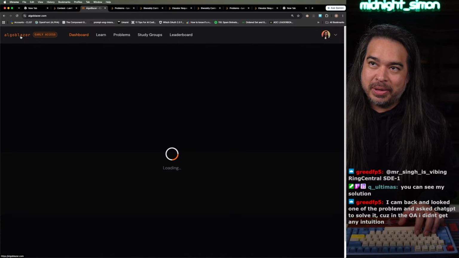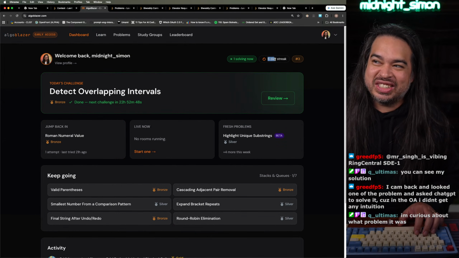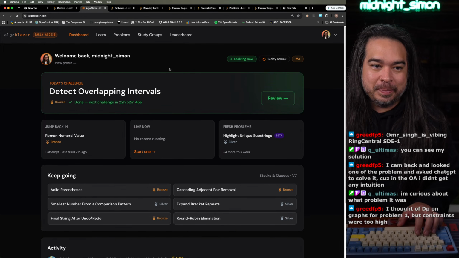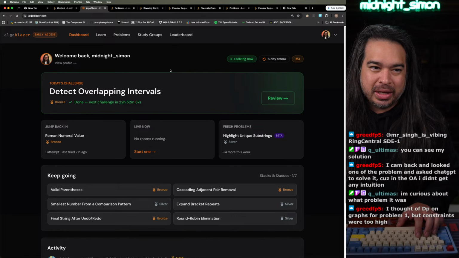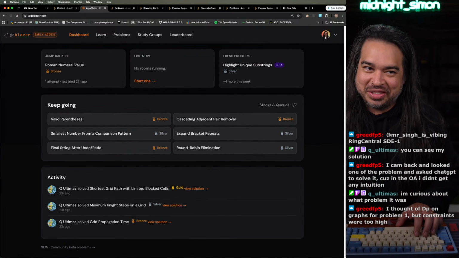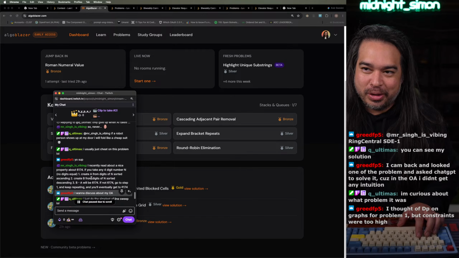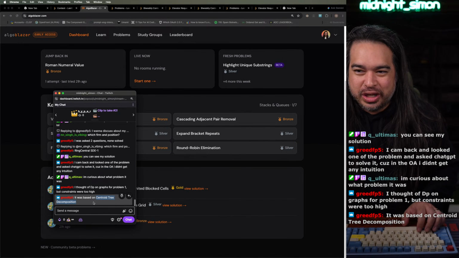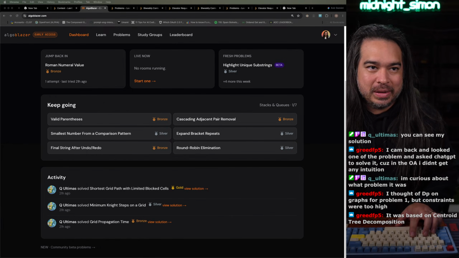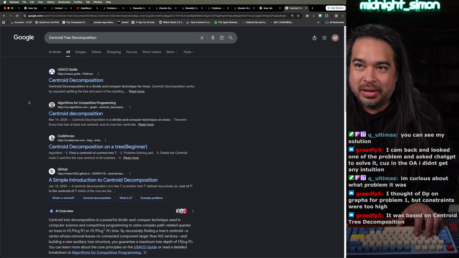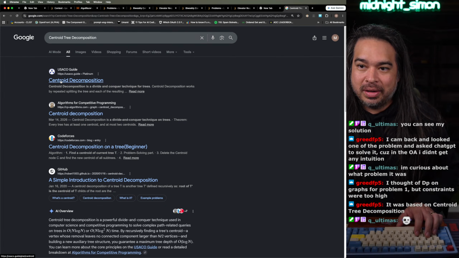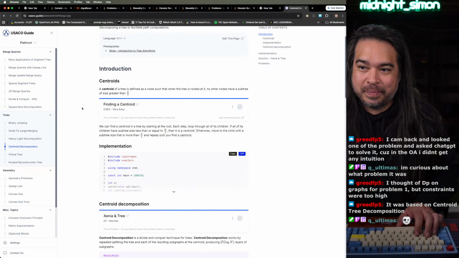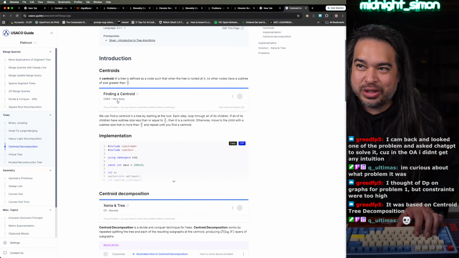Alright, this was our AlgoBlazer daily. Easy. I got a 6-day streak on AlgoBlazer, man. I thought DP on graphs for problem 1, but constraints are too high. Yeah, it's hard to say if we don't even know what the problem is. Based on centroid tree decomposition, what does that mean? Is that like a problem or